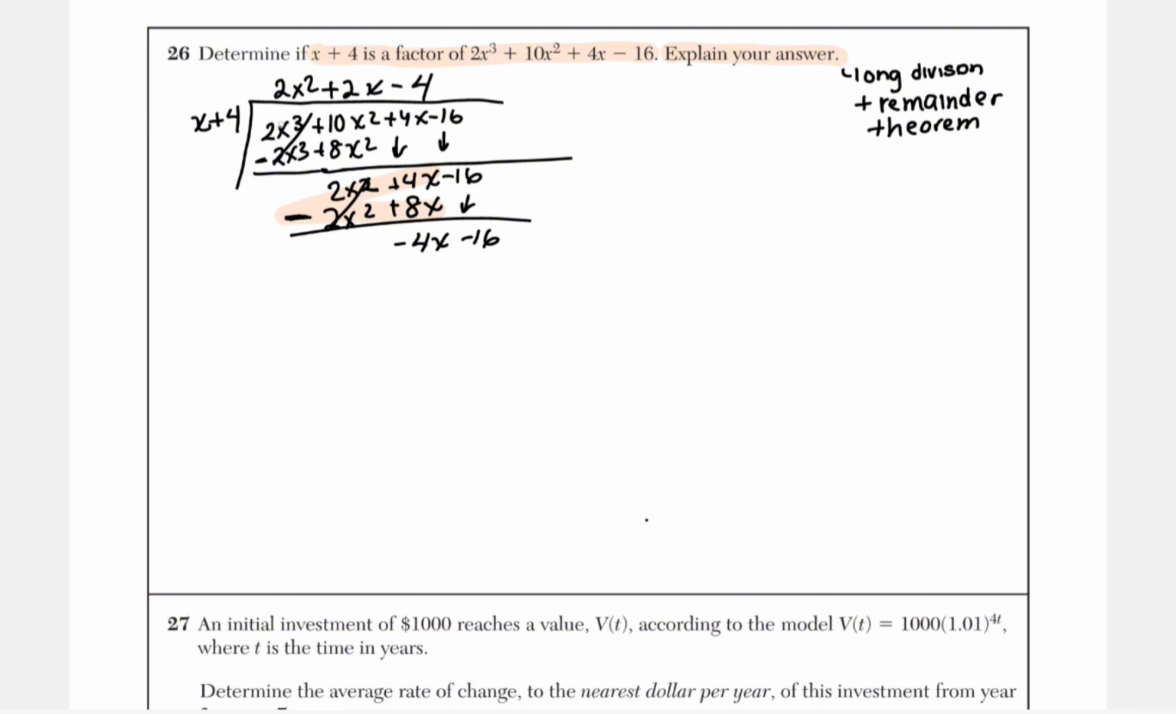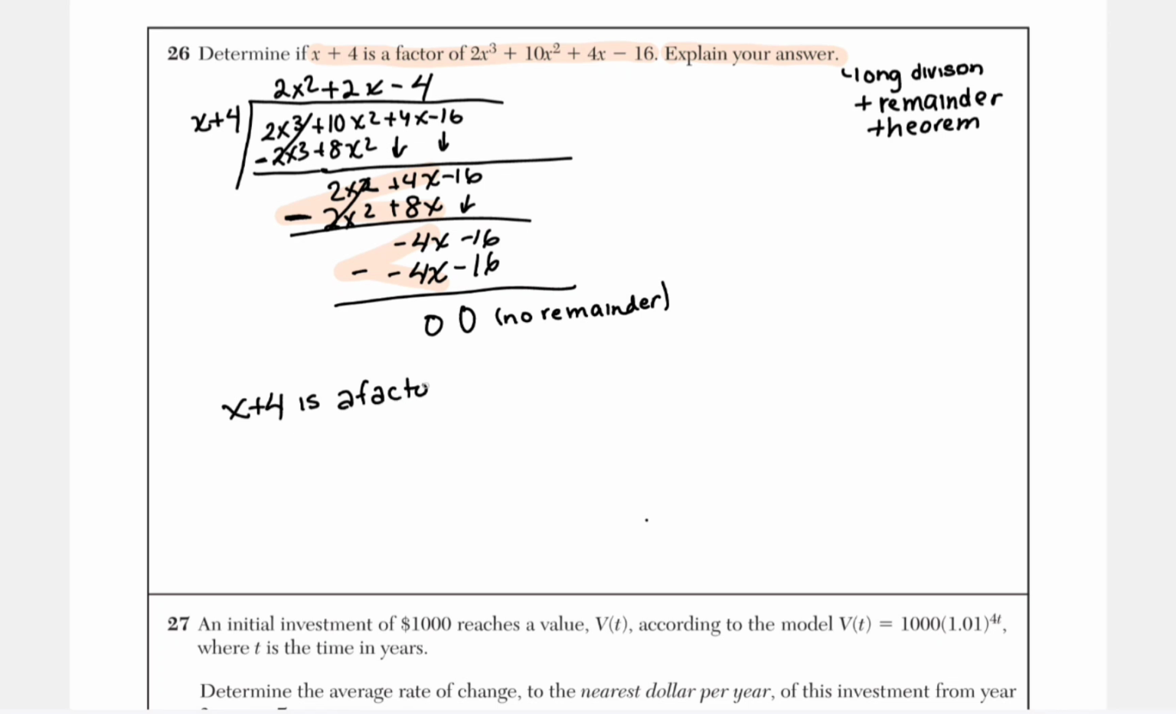Now, what times x plus 4 is going to give us negative 4x? Well, negative 4. Negative 4 times x would be negative 4x, and negative 4 times 4 is negative 16. Again, careful of my signs. Negative 4 minus negative 4 is 0, and negative 16 minus negative 16 is again 0. I do not have a remainder. So no remainder means what? That means x plus 4 is a factor of 2x cubed plus 10x squared plus 4x minus 16,